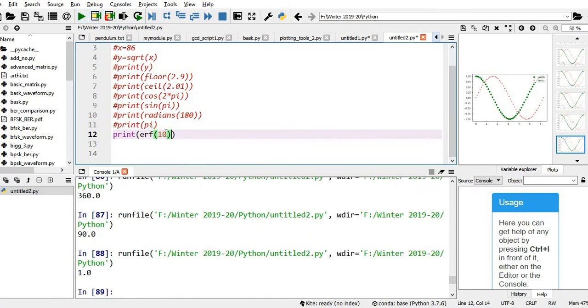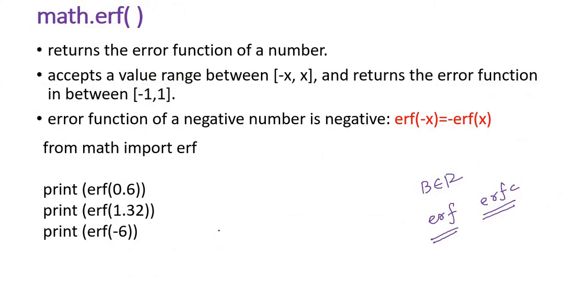Okay, let me give you a smaller number. It's 1 actually. Let me give you a smaller number, 0.99 something. Let me give a negative number. Actually for ERF of 5 I got 0.99. ERF of minus 5 is minus of that one. Yeah, I got the same answer, because ERF of minus x is minus ERF of x.